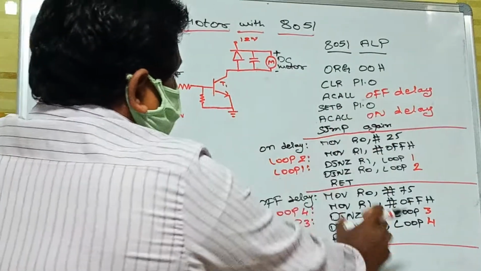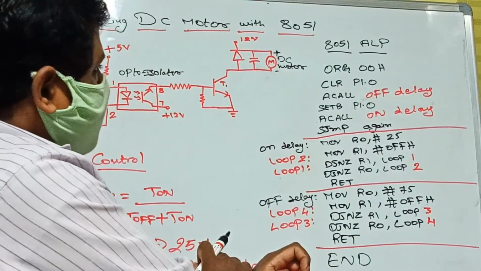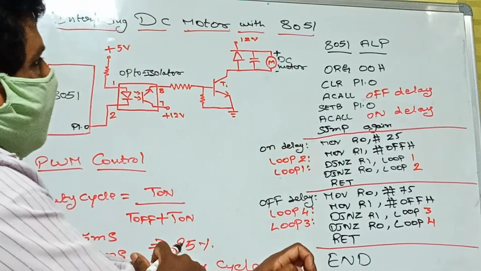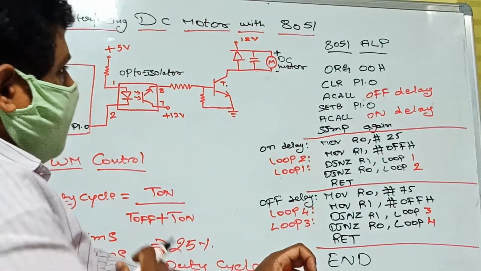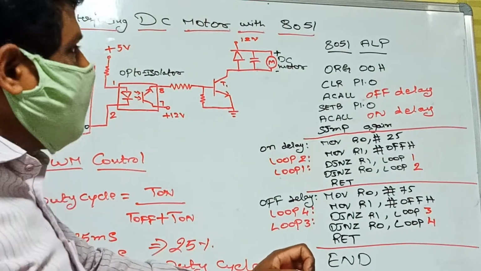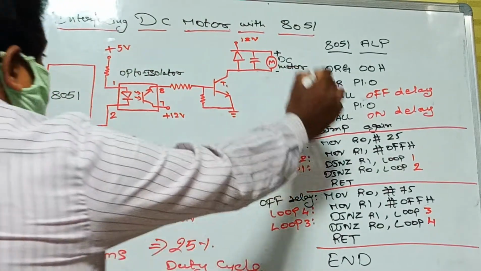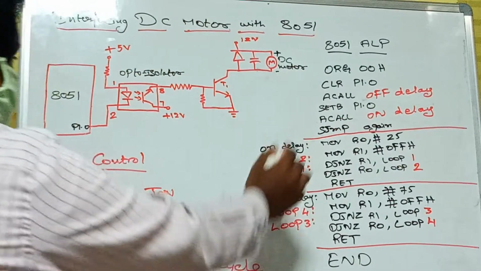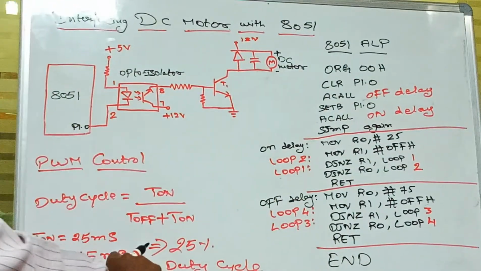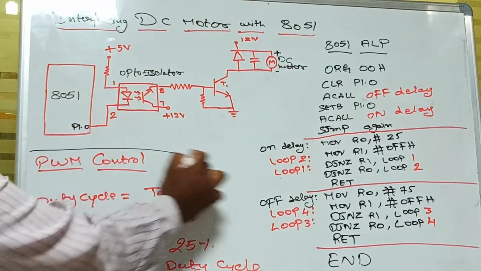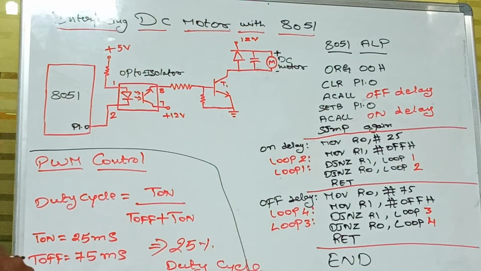The program I have written here is an assembly language program. It is not a C language program. We can program this DC motor with either ALP, assembly language program, or even in C program also. But as per the syllabus, I have to explain it in the ALP, the assembly language program. So this is the assembly language program of the DC motor, and this is the circuitry of the DC motor interfacing with 8051, and this is the program with the PWM controller to calculate the duty cycle, means to know the speed of the DC motor.